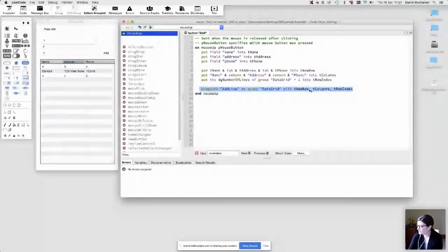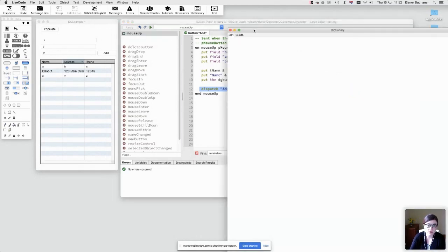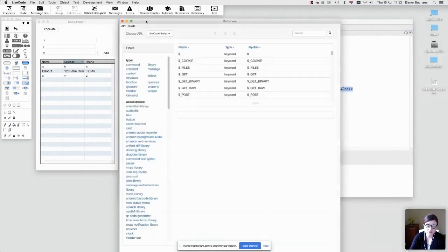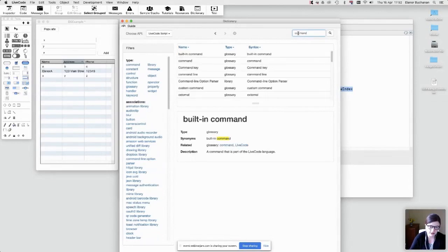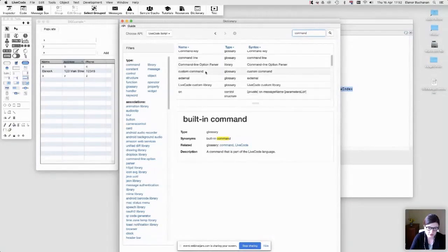Okay, so I'm just going to have a look and see what other questions we've got. Can we show how to add a different action to the button if the option or command key is down? Yeah, so there are actually ways to check. So you would still use mouse up or mouse down, but while you are in there, you could check if the command key is down. Let me find the right